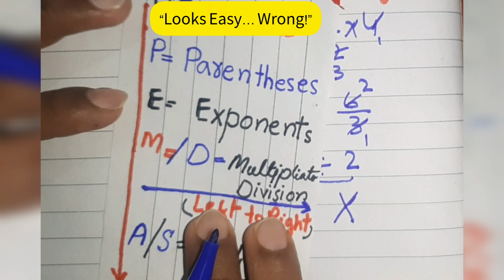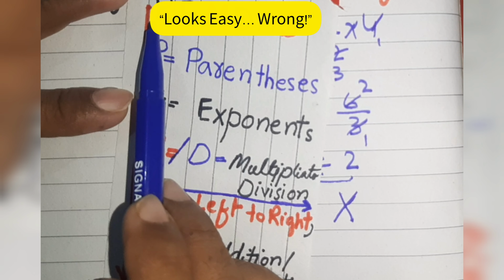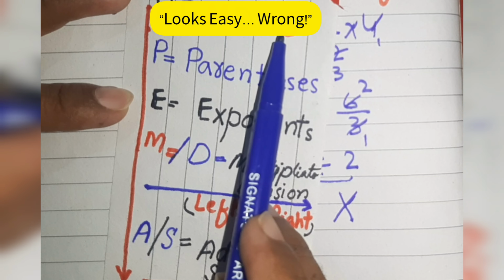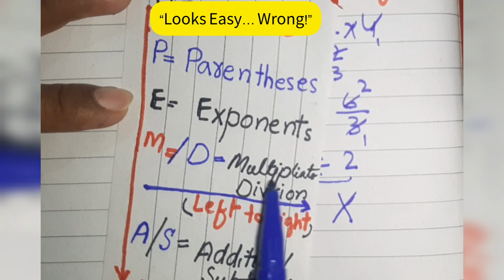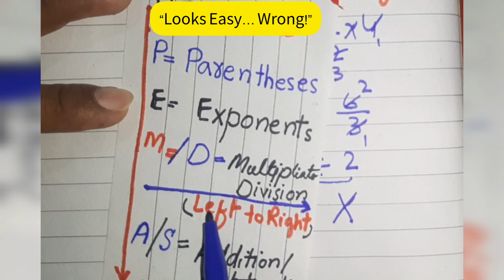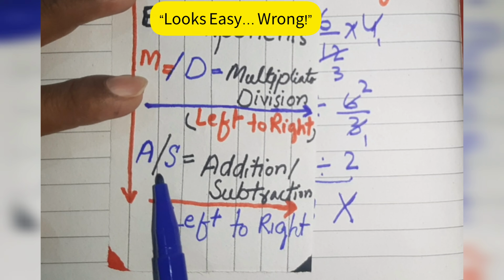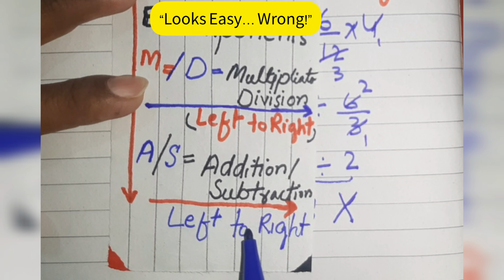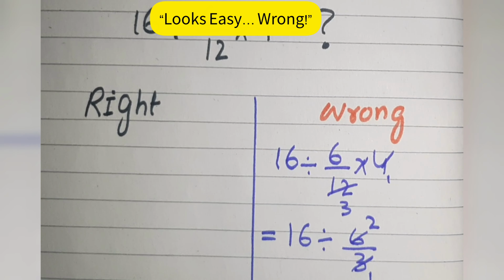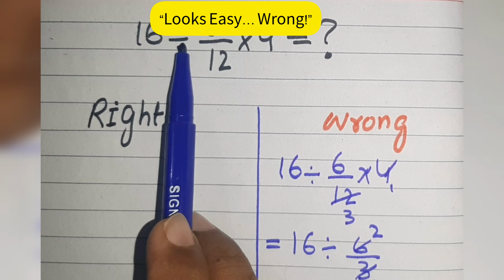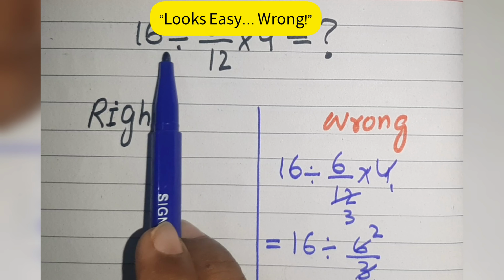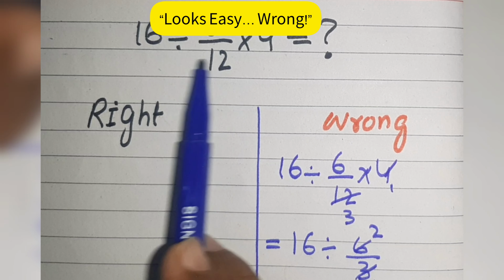according to order of operations, first we do parentheses, then exponents, multiplication or division, then addition or subtraction. Remember that multiplication and division have equal priority and we have to work from left to right. Same like addition and subtraction, left to right. In this expression, multiplication and division are given. So first we solve division, then multiplication. The right method is